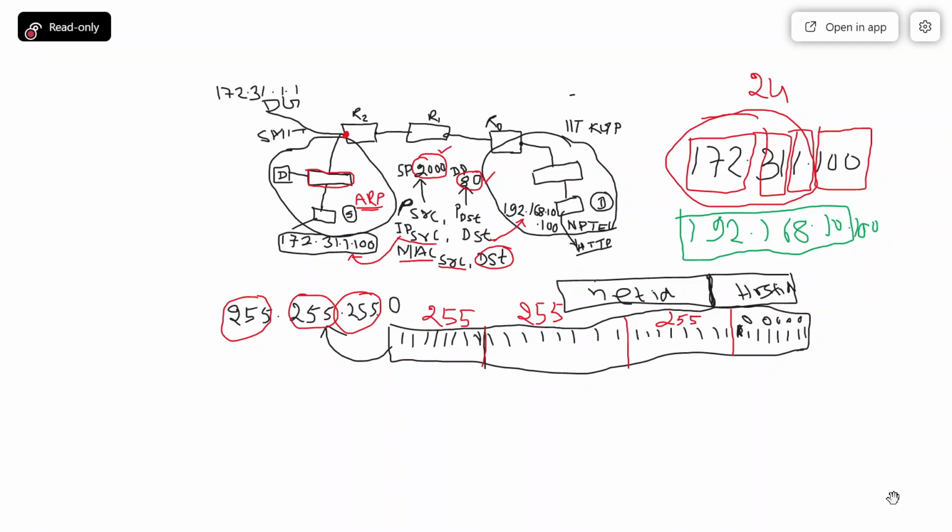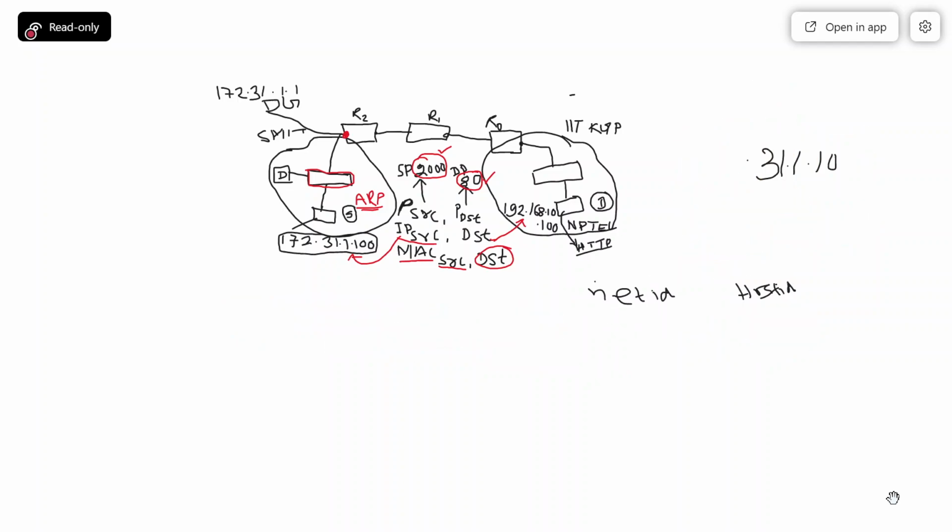Now it again comes to a typical thing: how do we take help from the default gateway? My computer is smart enough to see whether the destination belongs to my own network or to the other network. My computer has already decided that the destination belongs to the other network. Now I know that I have to take help from the default gateway. And what is the default gateway? The default gateway is the first address of the network.